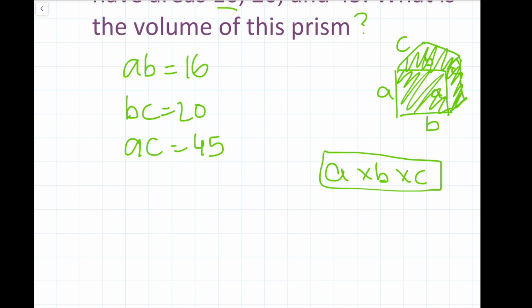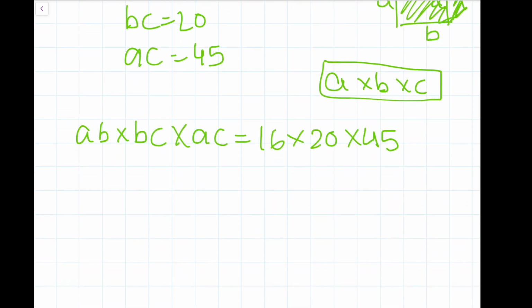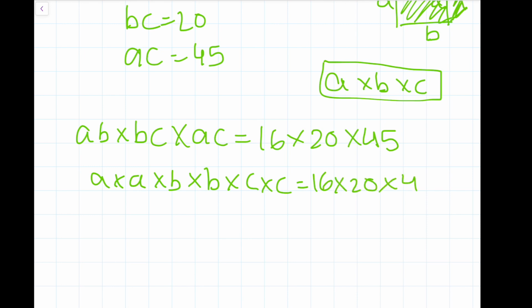multiply all the equations. So if we multiply all the equations, we'll get AB times BC times AC equals 16 times 20 times 45. Okay, so you can simplify this further by combining the like terms on the left-hand side. So we get A times B times B times C equals 16 times 20. We don't need to multiply this out first because there's something we can do later. So if we simplify this, we get A squared times B squared times C squared equals